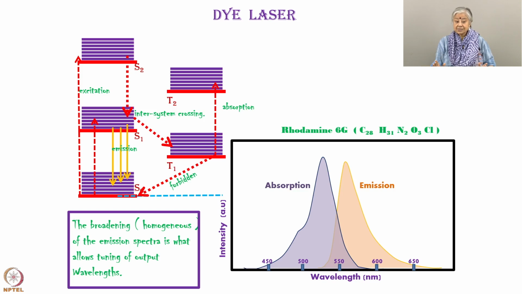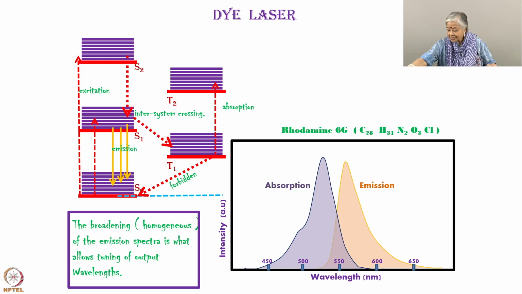Again, these dyes are not all, you cannot do it from the ultraviolet completely to the mid infrared, but it's a wide range in the visible range itself. With one particular dye, you can get those wavelengths that you desire. Okay. So, the dye laser is a fantastic example to be given for tunability of the laser. So, let us study what dye lasers are made of.